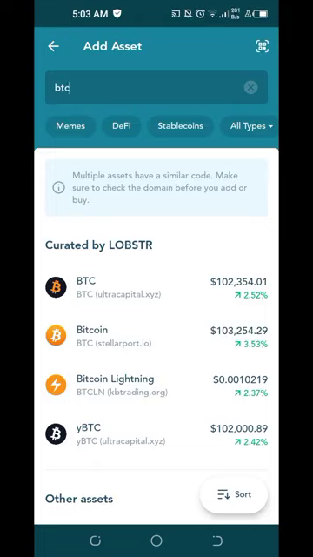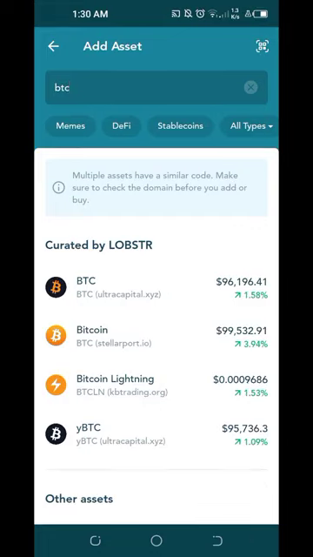Now, the main reason why I'm doing this is that I'm planning to have an additional option on how I can store, keep or hold my Bitcoin in a decentralized manner, maximizing the features of the Lobster wallet by Stellar Lumens XLM. The only challenge that I have on this one is that I'm unsure which Bitcoin asset I should be adding on our Lobster wallet that is directly pegged with the 1:1 ratio of the native Bitcoin asset.